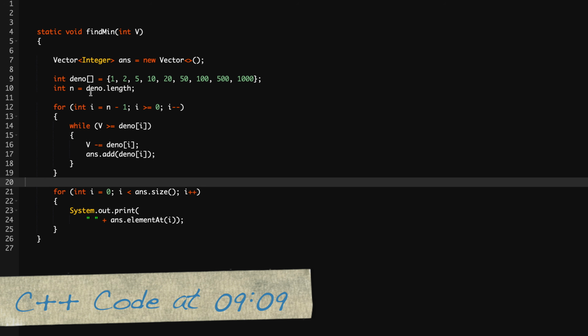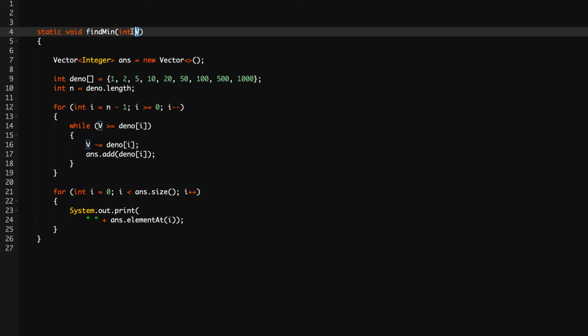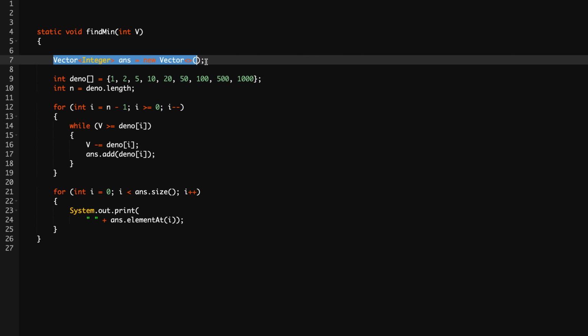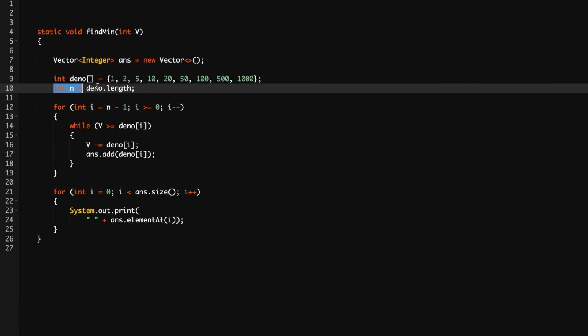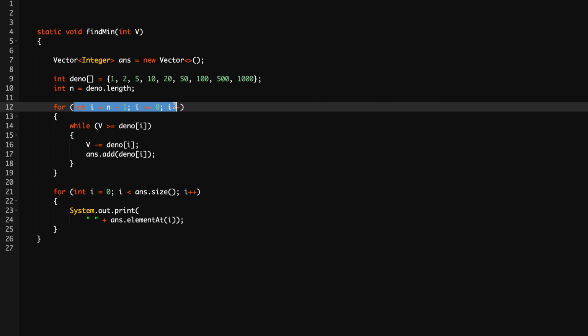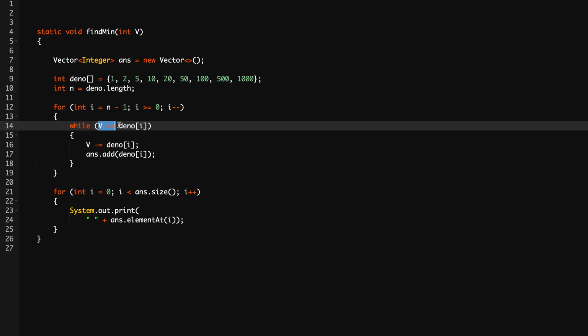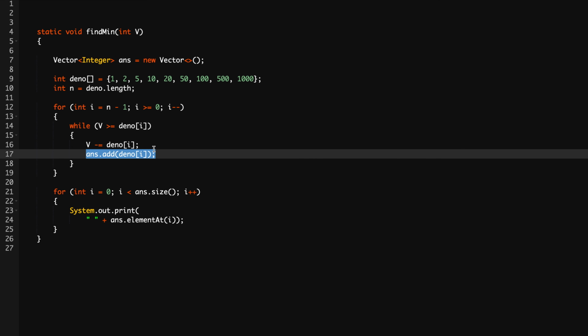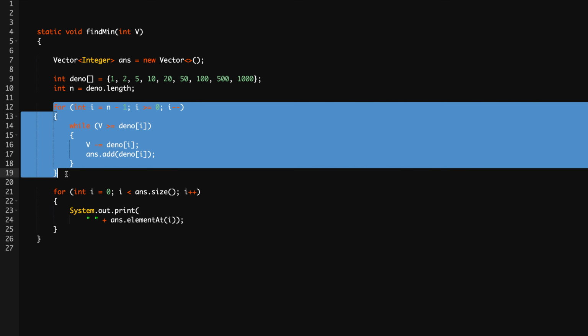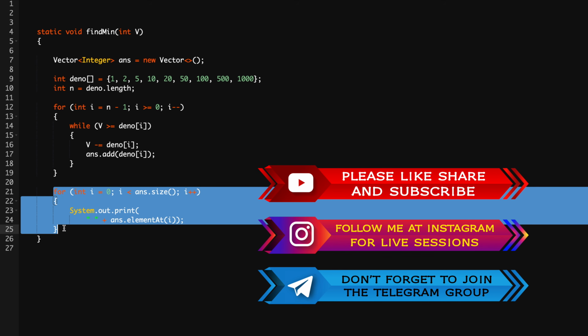So if I talk about the Java solution, it's very simple. At first we take the value V, and after that I'm just creating an array so that I can have the combination stored, and after that we are declaring the denominations in an array, and we just get the size of the denomination array. Once we have done that, we iterate from back, and we are running a while loop to subtract if the denomination value is lesser than the value that we have. So you're going to keep on subtracting till it is possible, and we add it to our combination. So once we have subtracted for all the denominations, I can print the combination and I will get my combination.